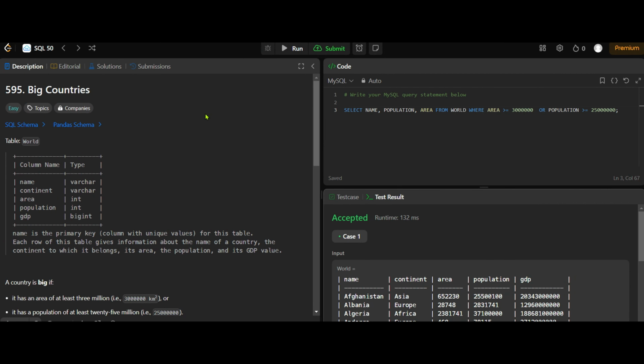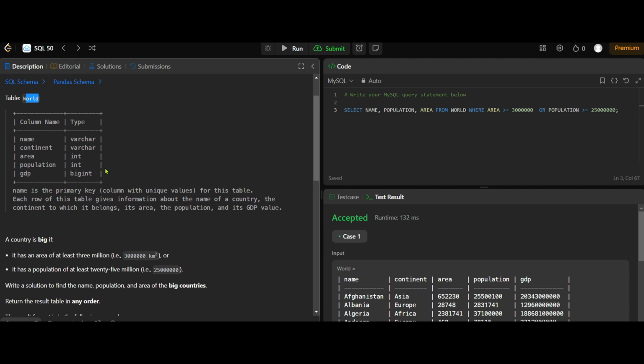Alright guys, so today we've got another SQL question, this time big countries. So we're provided with a table called world with the following columns. So you have name, continent, area, population and GDP. Name is the primary key, so that's what we'll be fetching things based on. It has to be